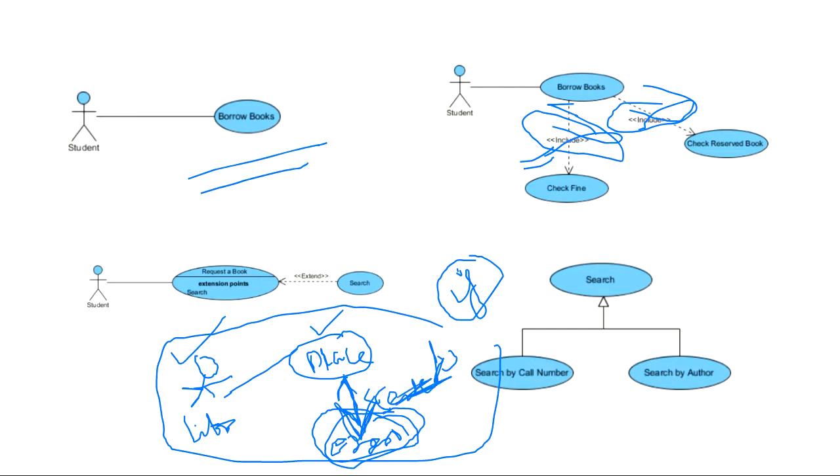So this is how you have to identify the use cases, and the most important thing, relationships. This is a very simple example, a very simple subject in itself. The only mistake you can make is silly mistakes. No conceptual mistake is possible. If you have attended even half a class, no conceptual mistakes are possible. What could you possibly get wrong in a use case diagram? Only, as I've told you, you might miss something: the actors, the number of use cases. The worst mistake that you can make is getting confused with the relationships.